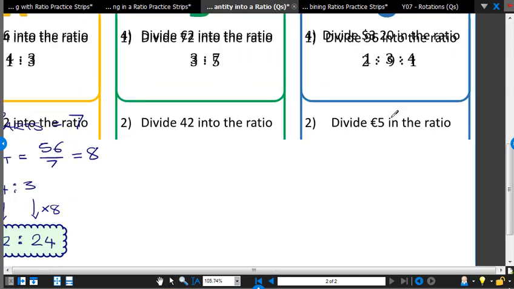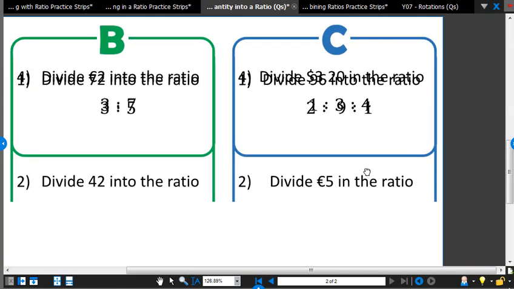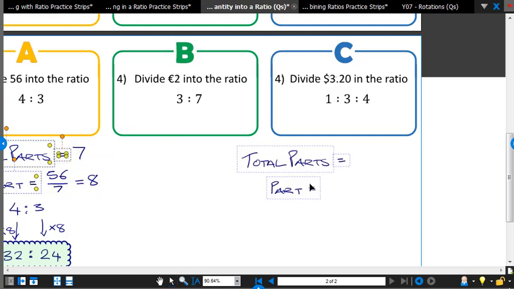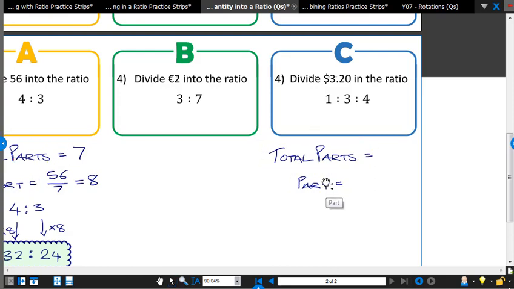So for C, sorry, the graphics are a bit weird for some reason. Alright, there you go. So for C we have divide 320, blah, blah, blah. So we're just going to do the exact same thing. We're going to get our total parts. So total parts is 1 plus 3 plus 4, which is 8. So 1 part will be $3.20